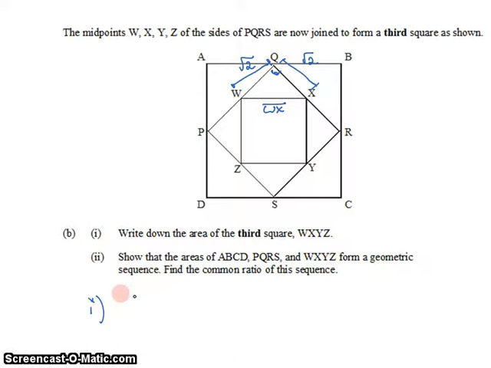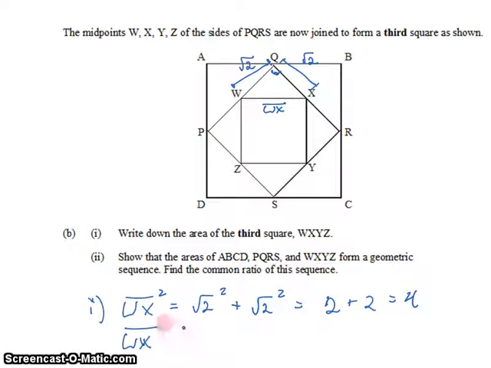So for part 1, we'll say that WX squared is root 2 squared, side squared, plus side squared. That's 2 plus 2, that's 4. But we want WX, not WX squared, so we'll take the square root of both sides. Square root of 4 is 2. Now, anytime I take the square root I need to worry about positives and negatives, but I'm talking about lengths here, and there's not much scope for a meaningful negative length,